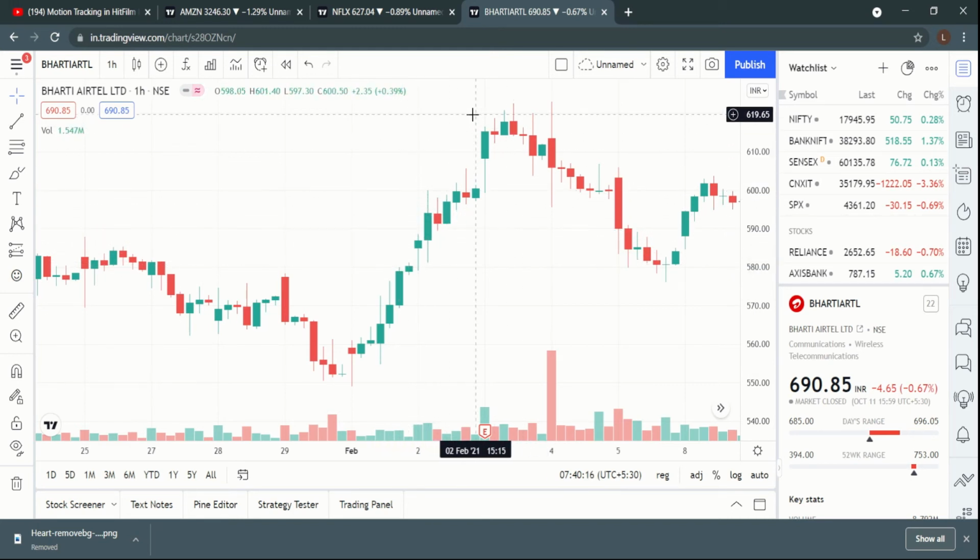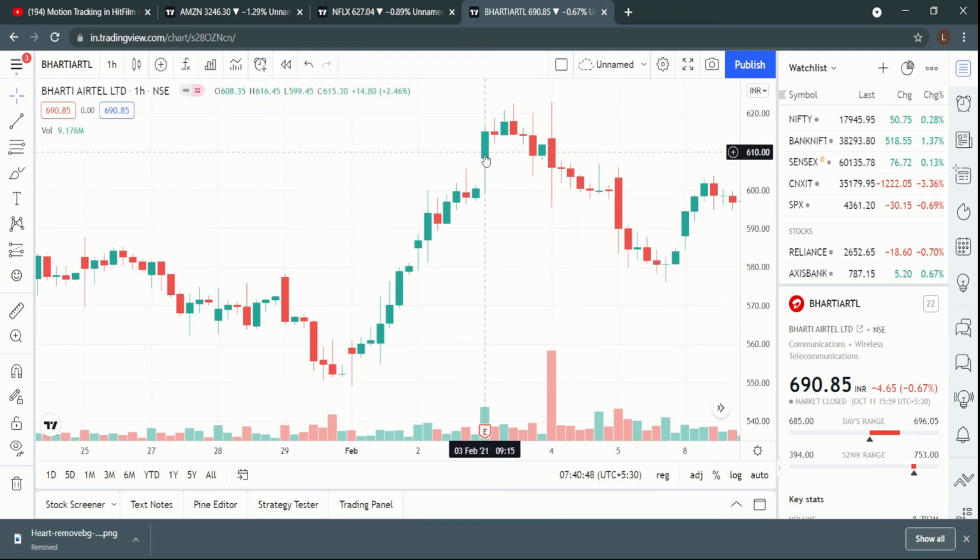And finally here we see the appearance of a hanging man. So by the time the market reached here, we knew that a hanging man has appeared, and that is a signal of trend reversal. In this case it was an uptrend. So we will wait for a couple of trading sessions and see how the market behaves. We see the appearance of a doji, and then from here the market started moving in a downtrend.